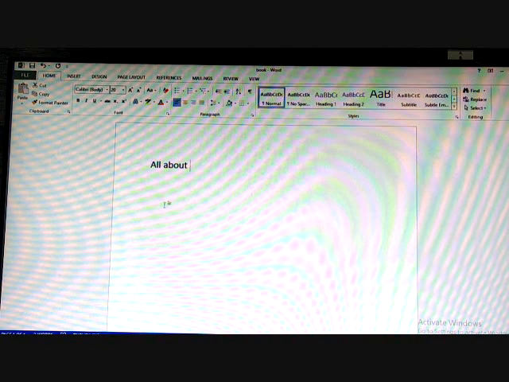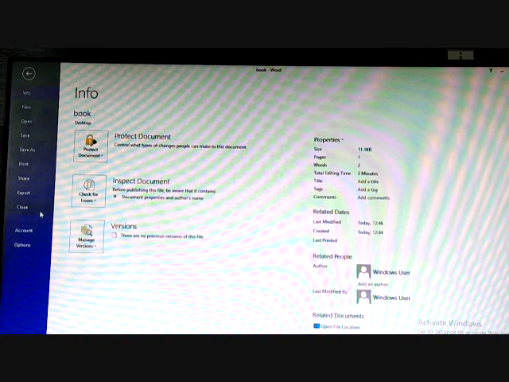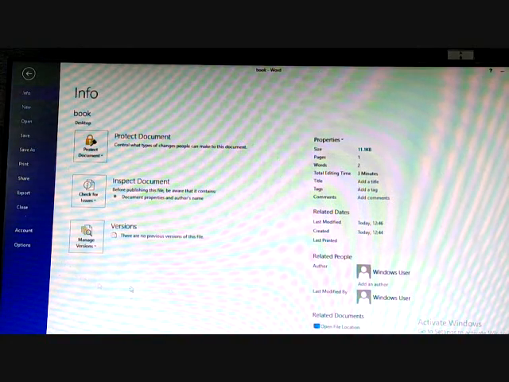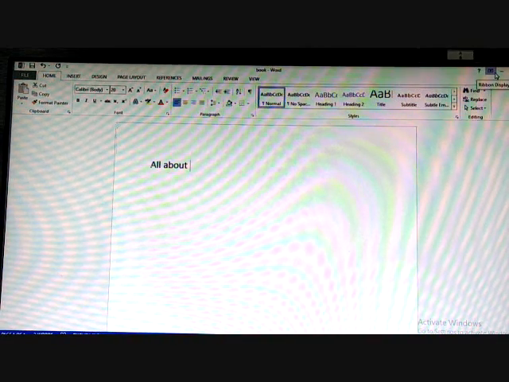If you want to exit from Word, you want to go out of the whole Word, then you can use Close again. If you use Close now, how many documents are open? First tell me. Only one document is open, that is book. And if you use this Close, you will exit from the document. One more way is there. You can just use this. We have exited from the document. This is what is in the title bar. There is a close button. You can use that button to exit from the Word window.